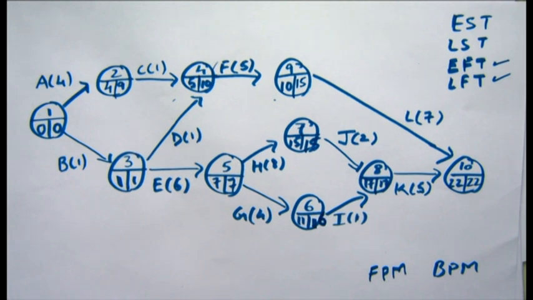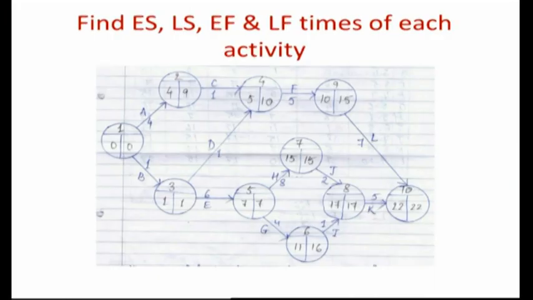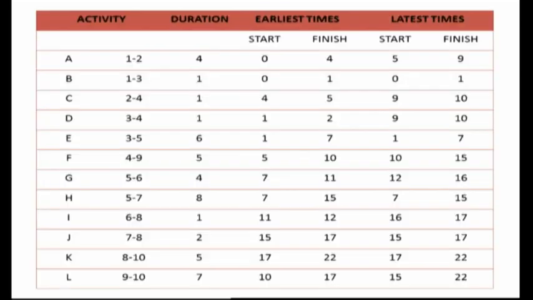Friends, this is the resultant diagram. As you can see, find earliest start time, latest start time, earliest finish time and latest finish times of each activity. The network is same as what we have constructed here. Moving on,